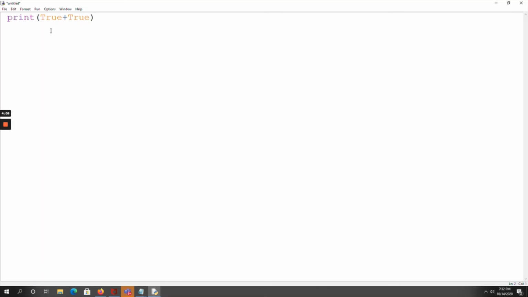Similarly, I am printing the value of True minus False, which is subtraction. Similarly, I am printing the multiplication between these Boolean variables, True into False.